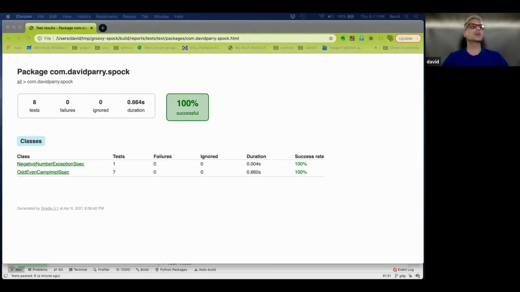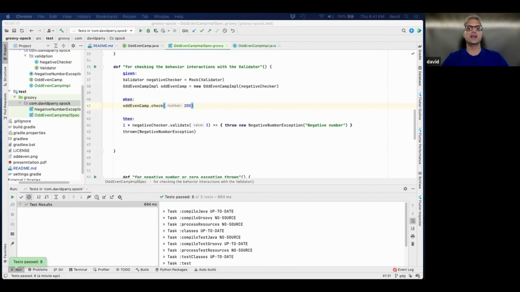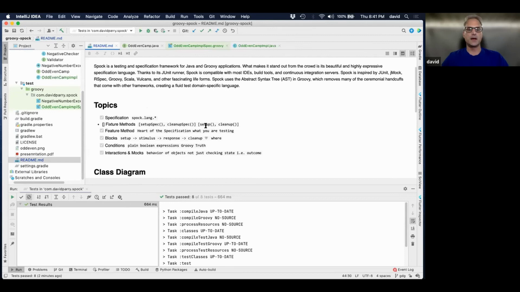So now I'm pretty sure we covered the Spocks and the interactions of those and how you could test it by using this way of doing the validate and what should be expected out of it and how you can do that. So if I come here to the README, I should see that the Spock interactions are now checked off. So our last thing is our fixture methods. So our setups and going.